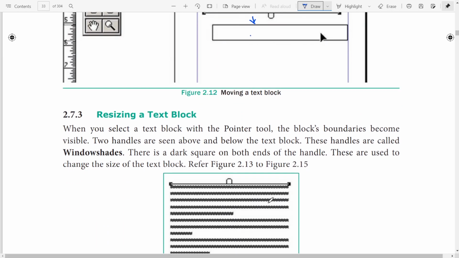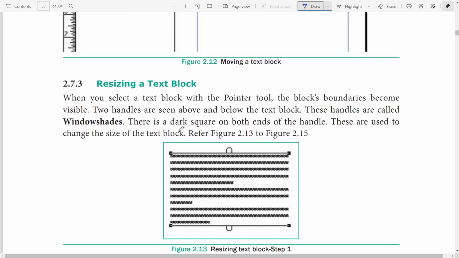Next, resizing the text block. When you select a text block with the pointer tool, the block boundaries become visible. See, block boundaries. These boundaries are visible. Two handles are seen above and below the text block. These handles are called window shades.